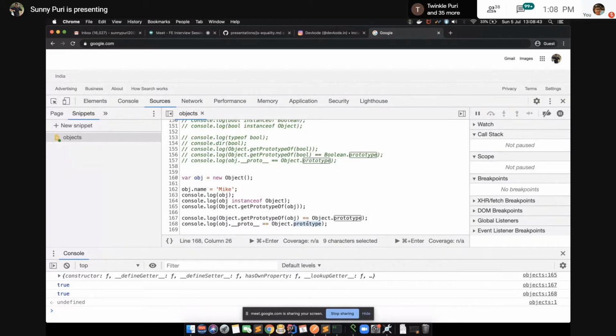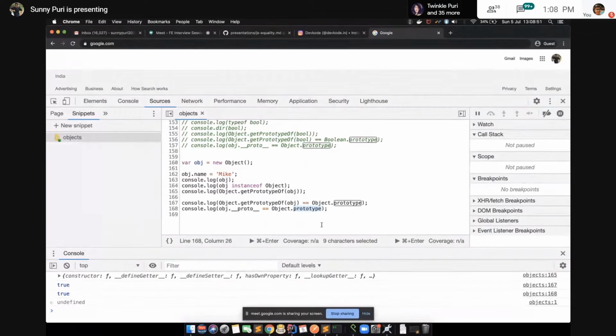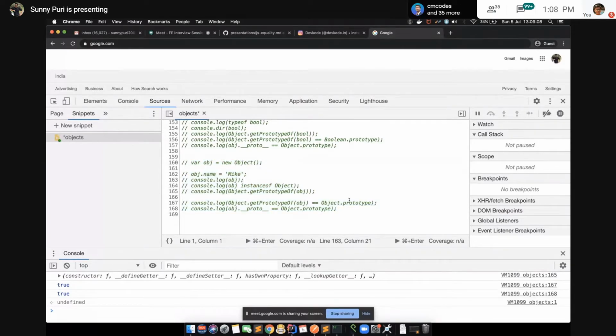We are linking. This is basically a little bit tough concept, so it will take some time to digest. Just go through it, what I'm trying to explain. Basically, when you use new or when we create an object, it will link its parent's wrapper prototype to the __proto__ of an instance. Okay, so this is the way we used the new keyword to create an instance.